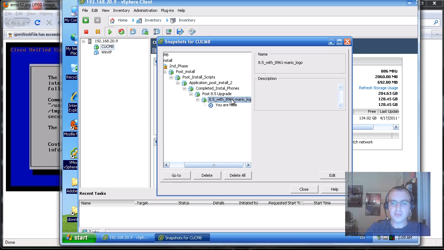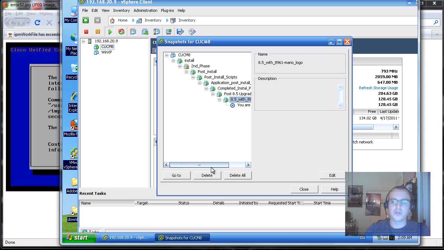And then I added some custom stuff onto the TFTP server, ringtones, kind of a video game theme. I have some Sonic phones with the Green Hill Zone 1 soundtrack as the ringtone, and I've got some Mario ones. I was just doing that to mess around. But I took another snapshot there just in case I make a lot of changes and want to go back. But really, that's the point of this video, just to show you the steps I took